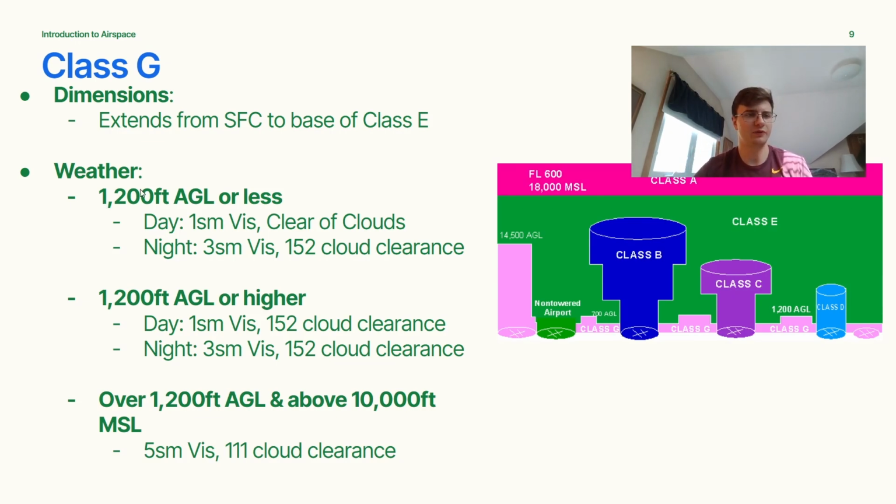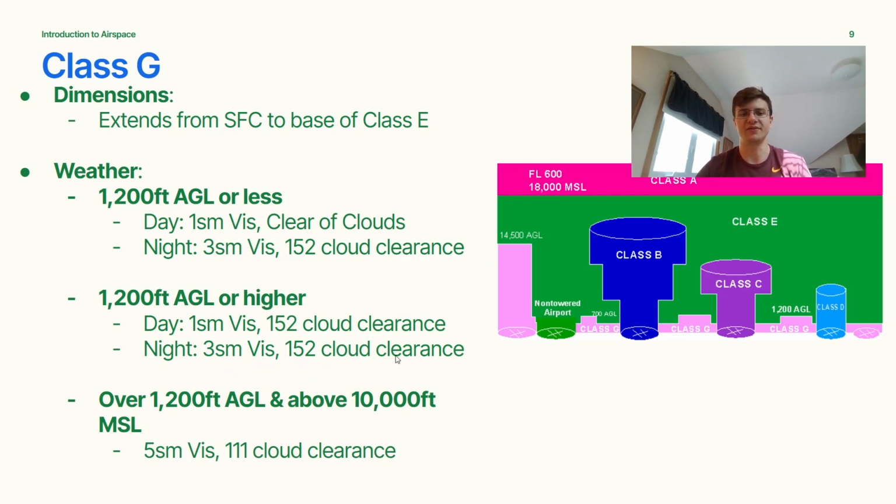Your weather for Class Golf, if you're at 2,000 feet AGL or less, during the day, you must have at least 1 statute mile of visibility and remain clear of clouds. At night, you have to have at least 3 statute miles of visibility and maintain your 152 cloud clearance. If you are 1,200 feet AGL or higher, during the day, you must have 1 statute mile of visibility and that 152 cloud clearance. And at night, same thing, it's 3 statute miles of